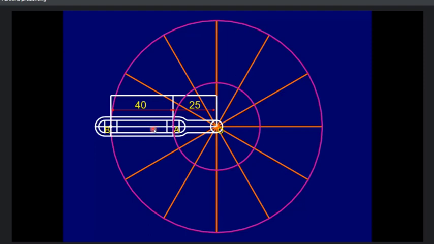And again, are you going to give numbering from right to left or left to right? Left to right. Right to left. The numbering must be given from right to left.